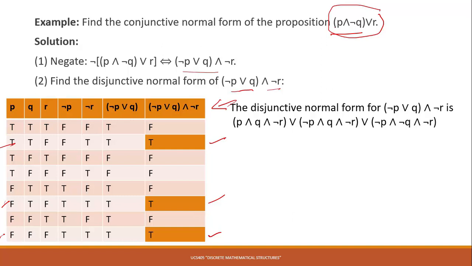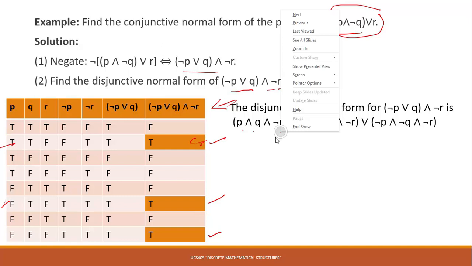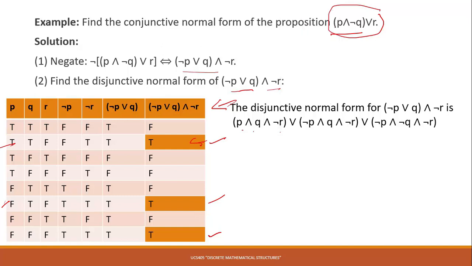So what we will get in the DNF is this. First, P, Q, R: P is true, Q is true, and R is false, as we can see in this second row. So we have P and Q and negation R. Similarly, in this row we have P false, so negation P, Q true, so we have Q, R false, so we have negation R. Likewise, in the third min term we have all three P, Q, R as false, so we have negation P, negation Q and negation R. So the DNF of this is this expression.